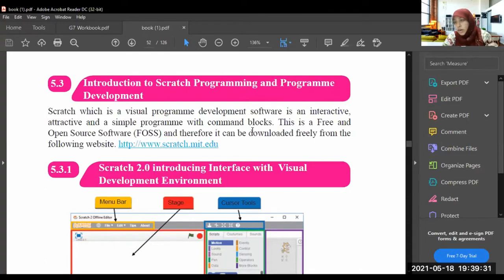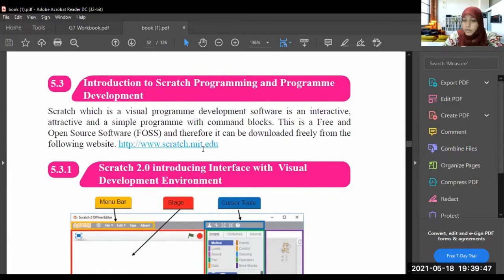You use these command blocks to make these small games. This is a free and open source software. We call it FOSS. FOSS means free and open source software, and therefore it can be downloaded freely from the following website.